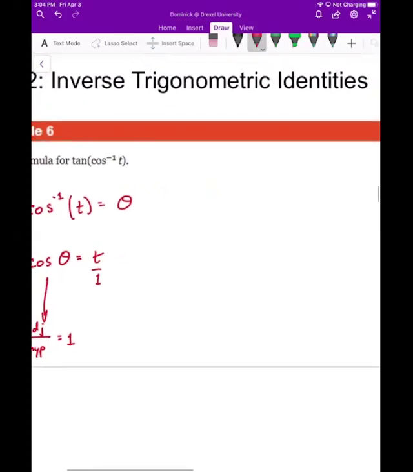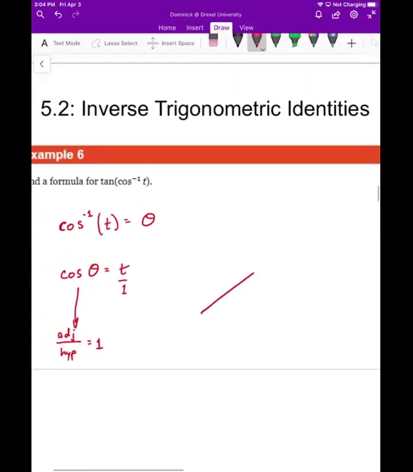Now, if I draw this out, if I look at an angle here whose adjacent over hypotenuse is t over 1, then I have that the adjacent side is t and my hypotenuse is 1. Now, if I want the tangent, I'm going to need the opposite. So we're going to need,